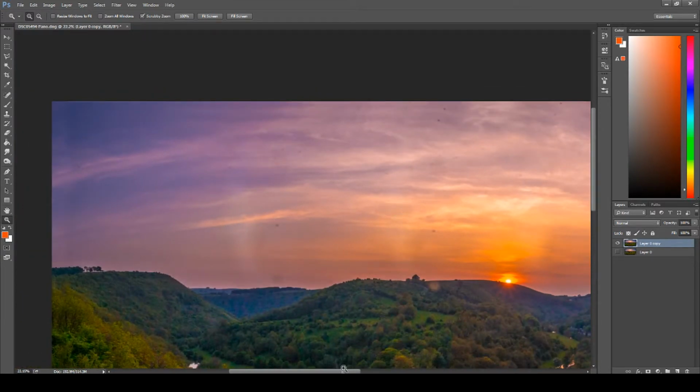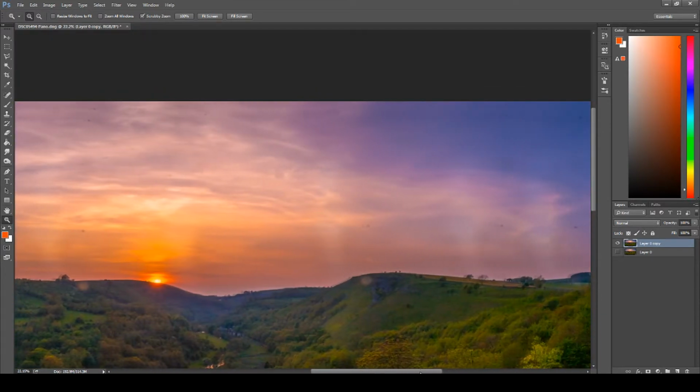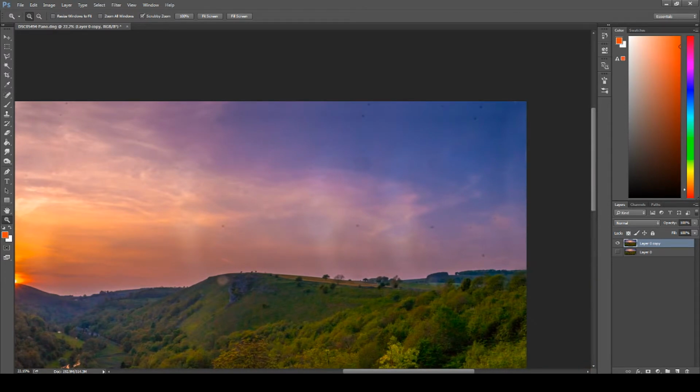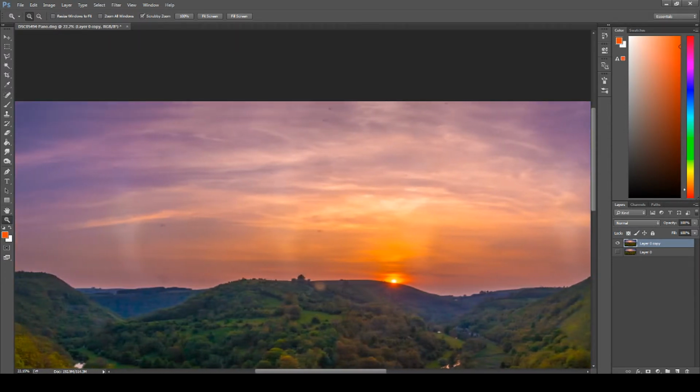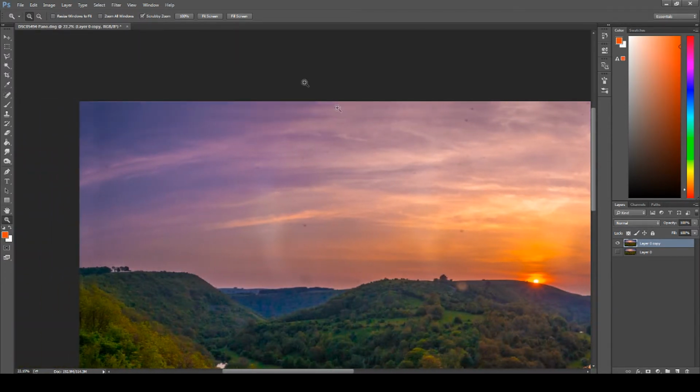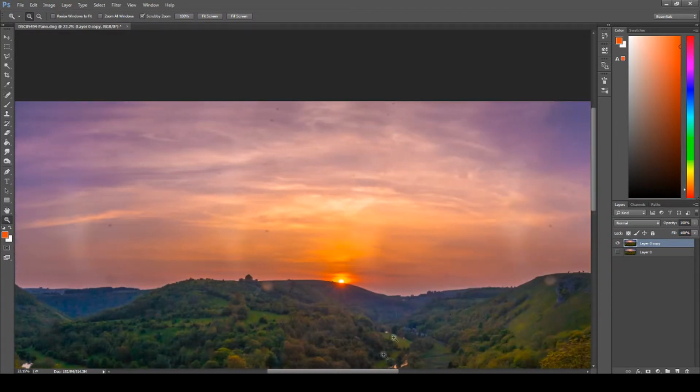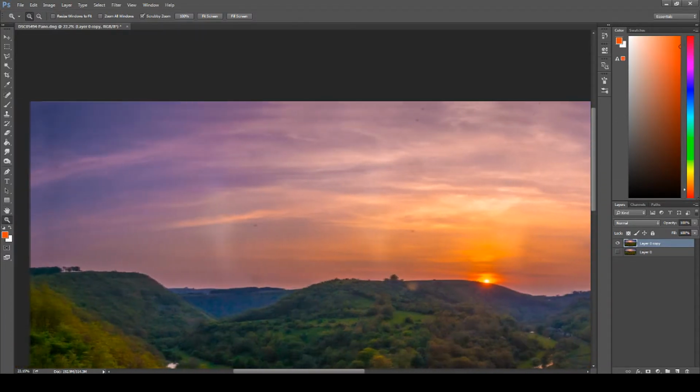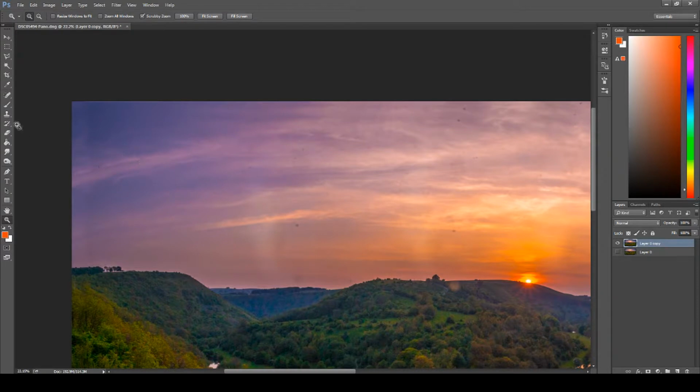Sometimes it happens. I've got quite a lot here. It's a good idea to always check your lens and clean it before you go out and while you're out, but I didn't do it because I didn't have much time because the sun was coming down, so I just took the pictures. But we can actually use the spot healing tool,